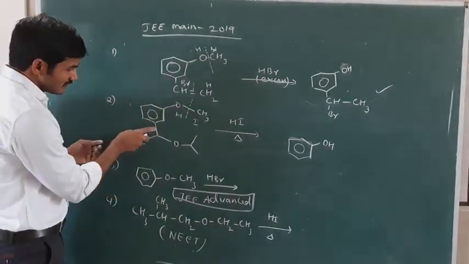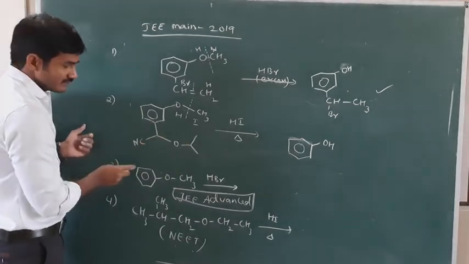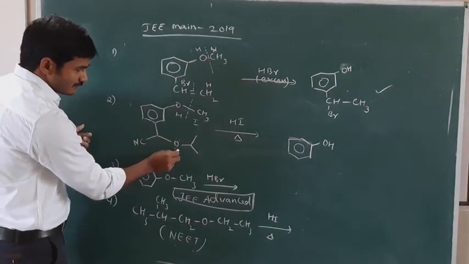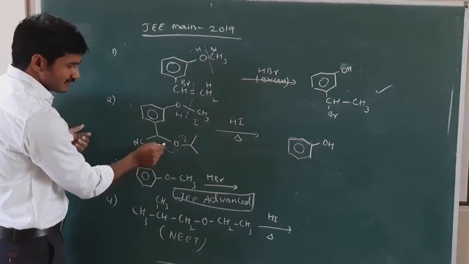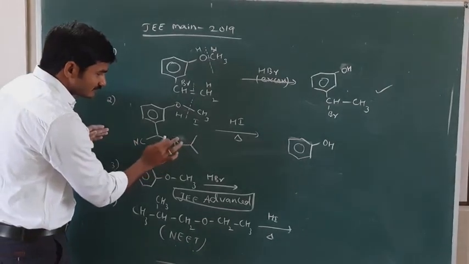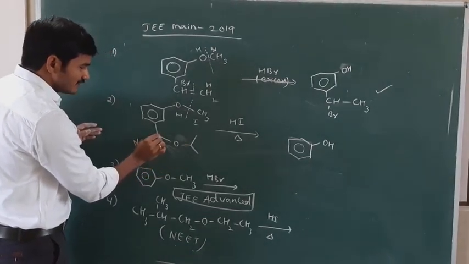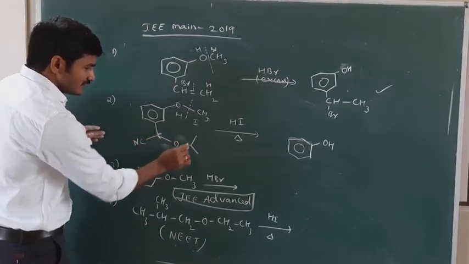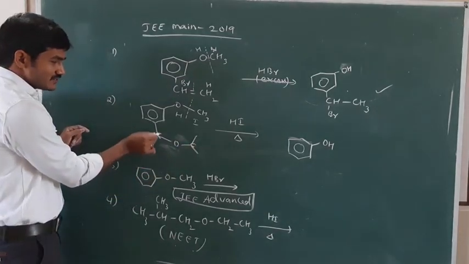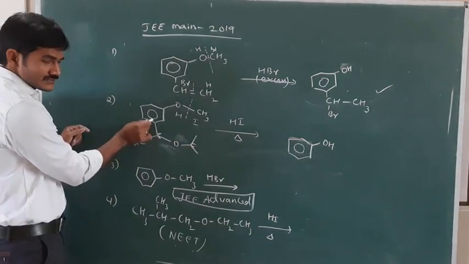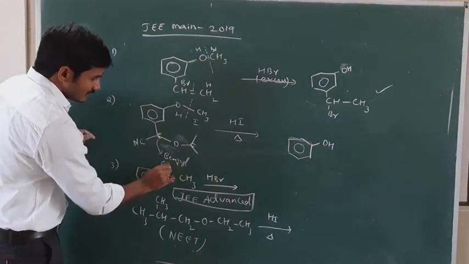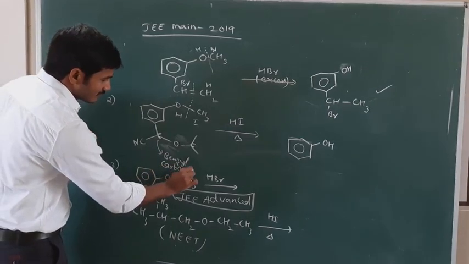No. Here also you can see ROR. Then where will it break? Here there is no resonance on both sides. The lone pair effect will not involve resonance here, and here also it will not. But then where do we have to break? Here you can see this carbon is directly attached to benzene, and this carbon is also directly attached to benzene. So this is said to be a benzyl carbocation. It can form the benzyl carbocation.